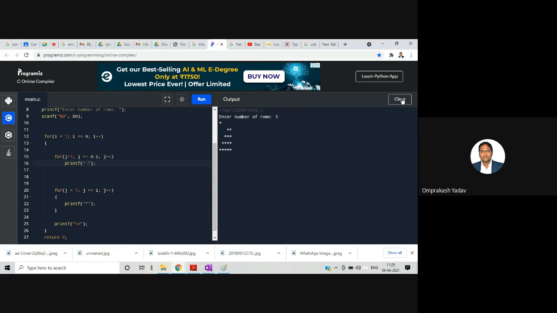Oh, it's not showing properly. One minute. File. Not showing properly.